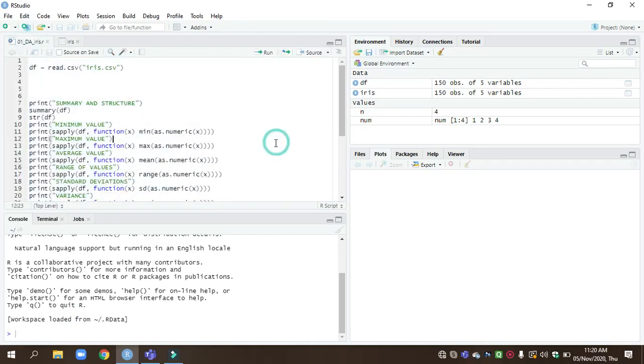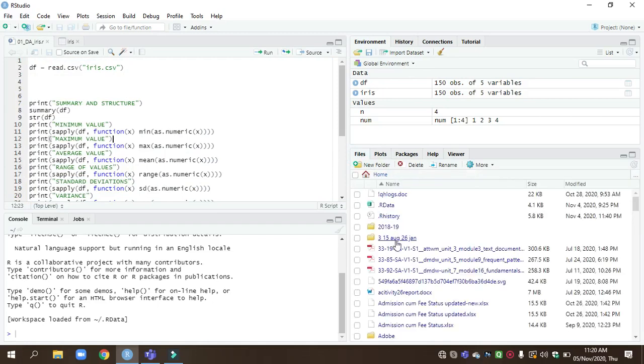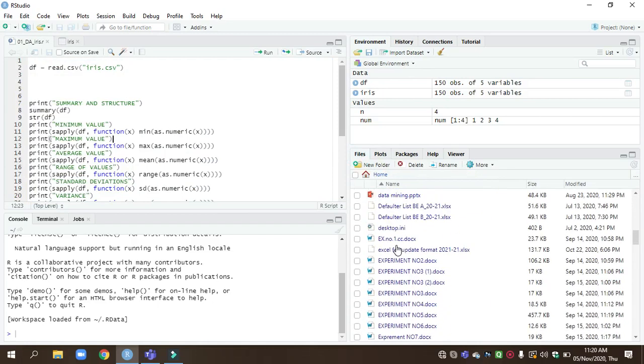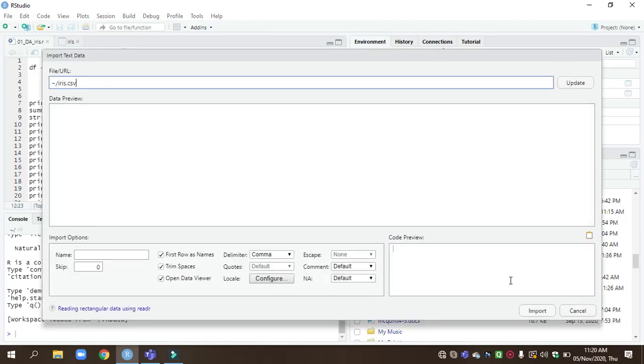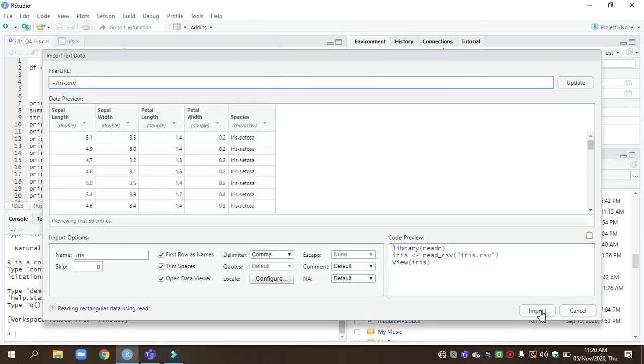Before that we import the data, that is the Iris CSV file. Import that file. Here we are importing the CSV file.